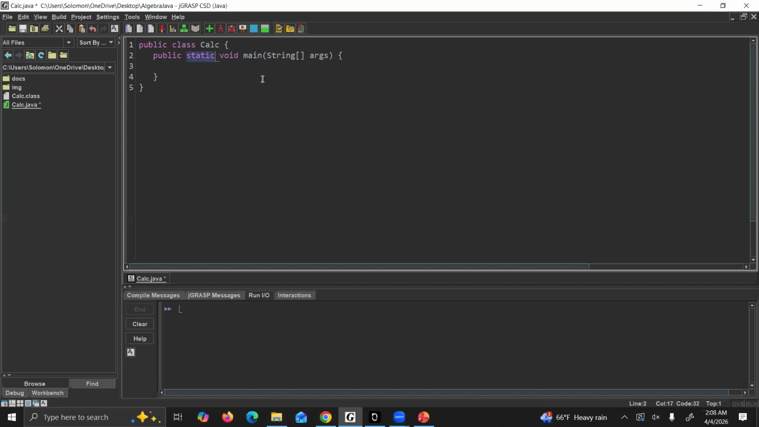It's a static method, meaning you don't have to create an object to call this method. Void, this keyword means this is what this function is going to return. So sometimes if you want to return an integer or a string or something like that,